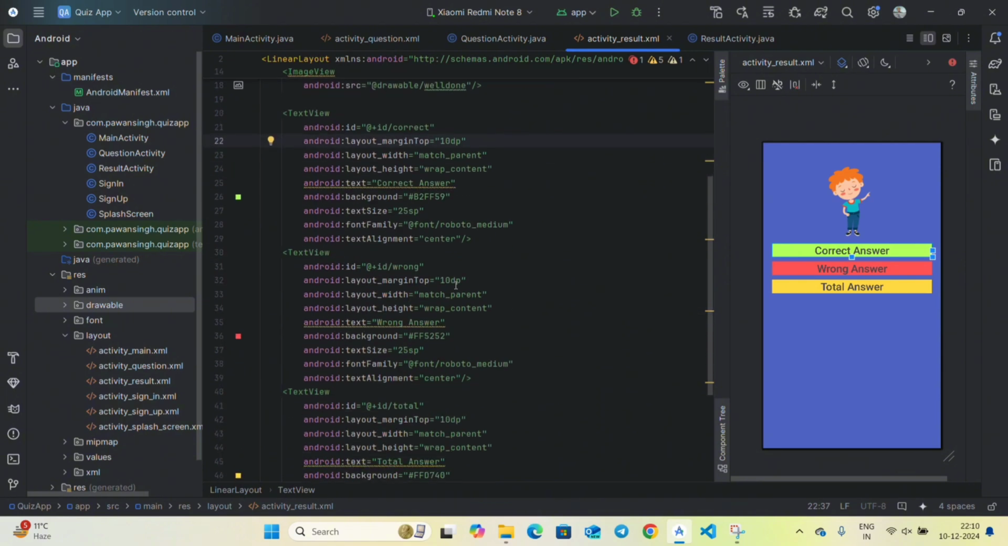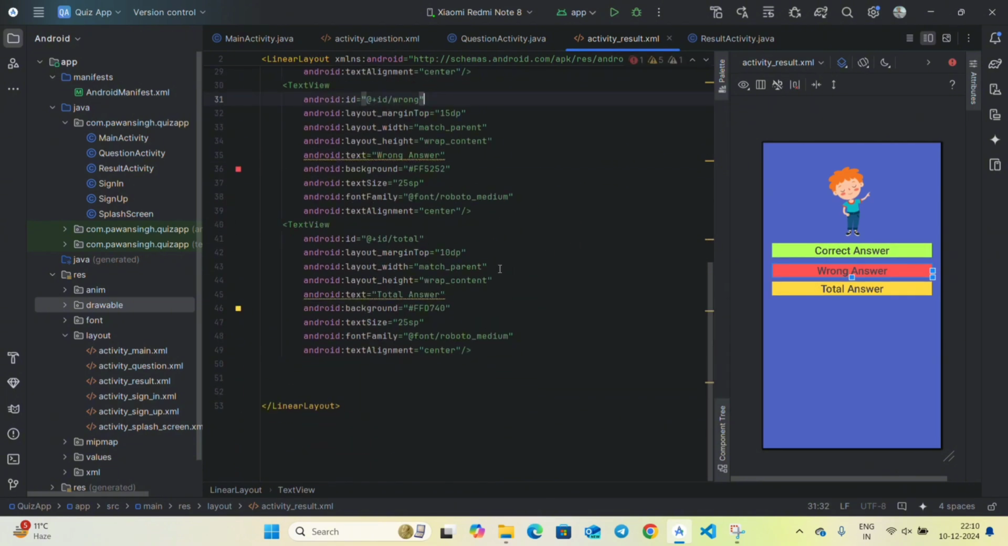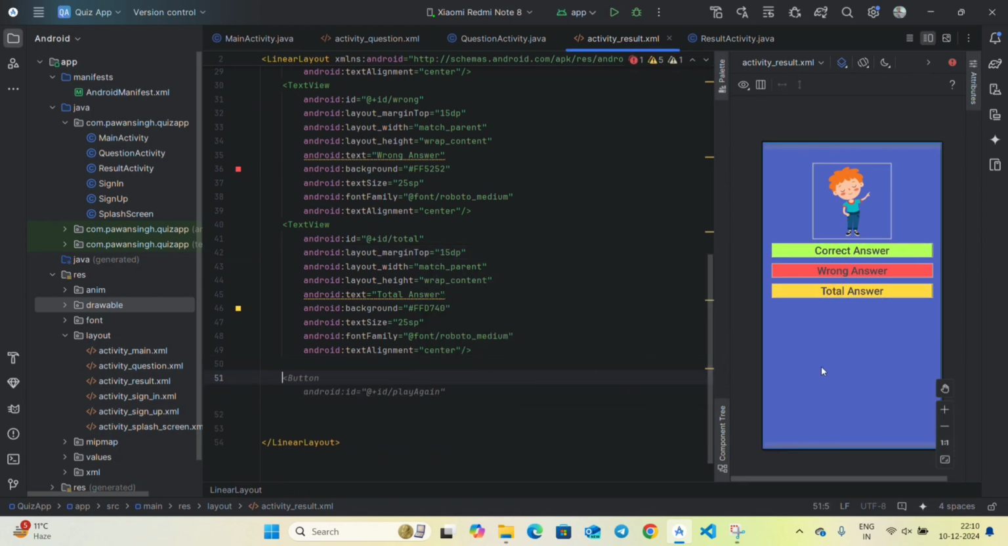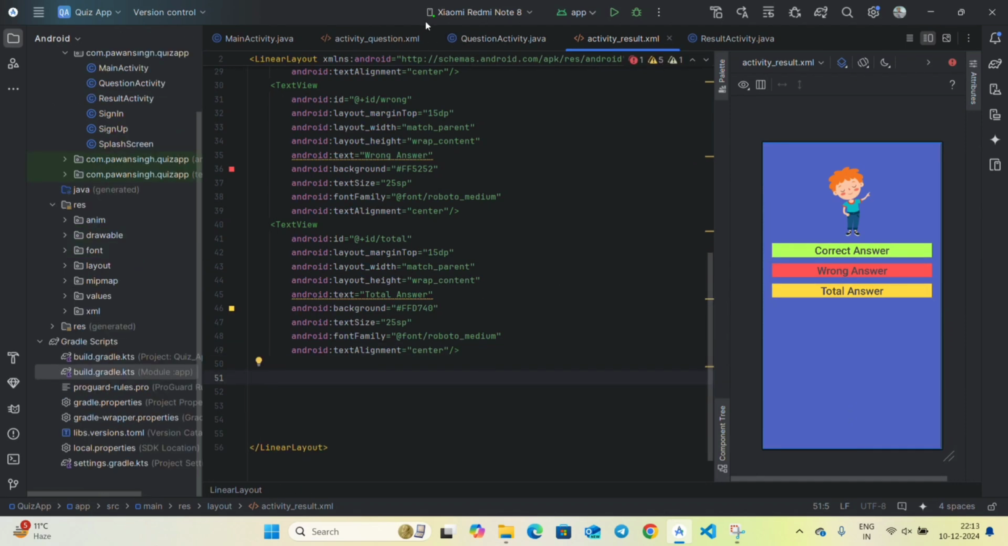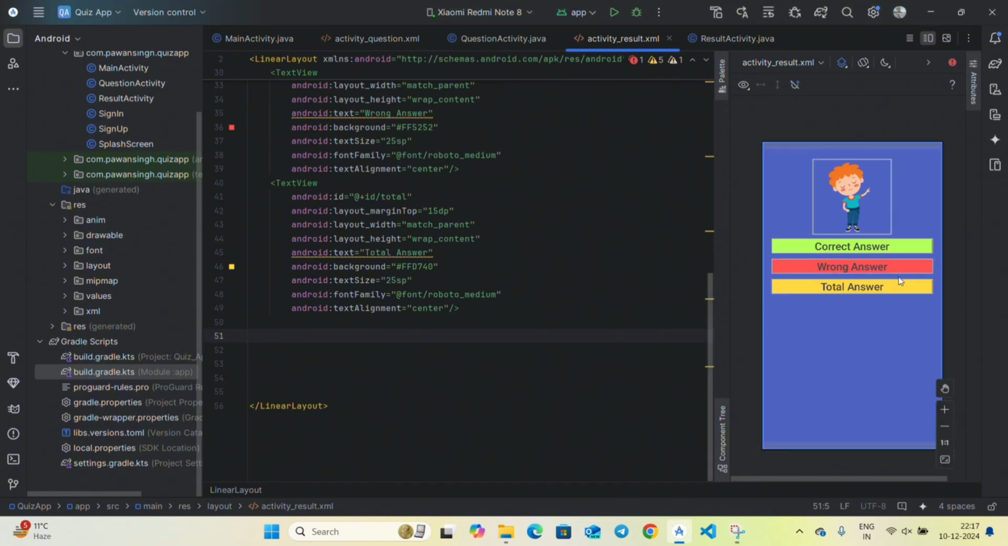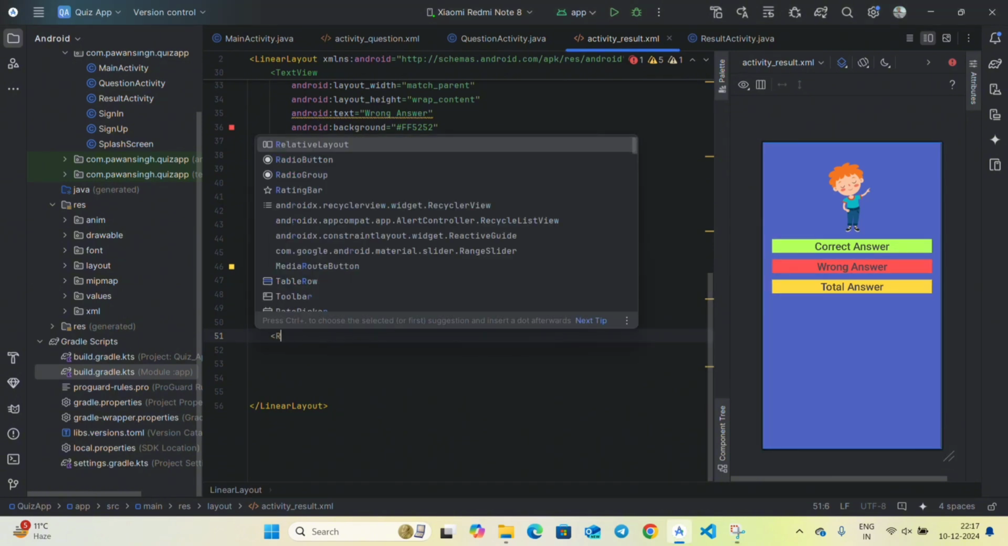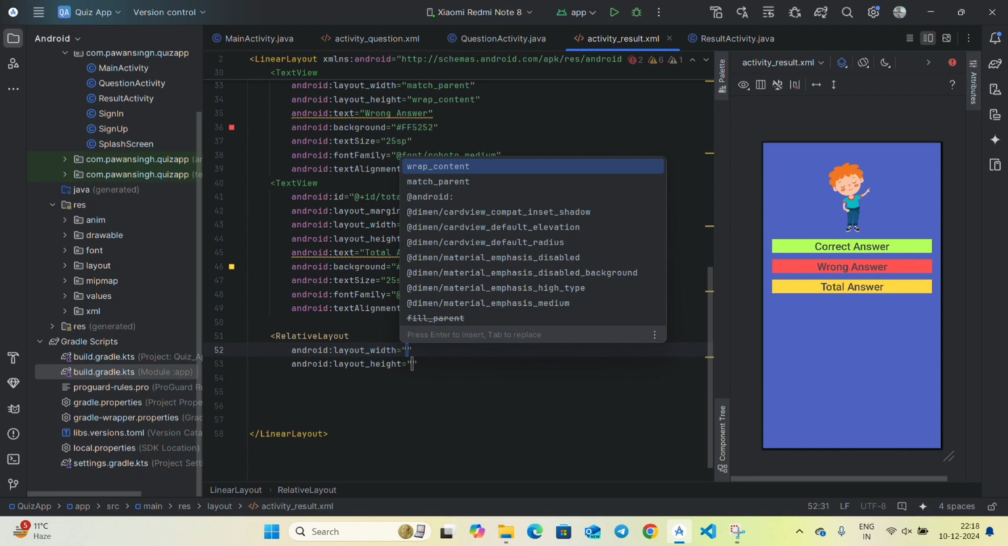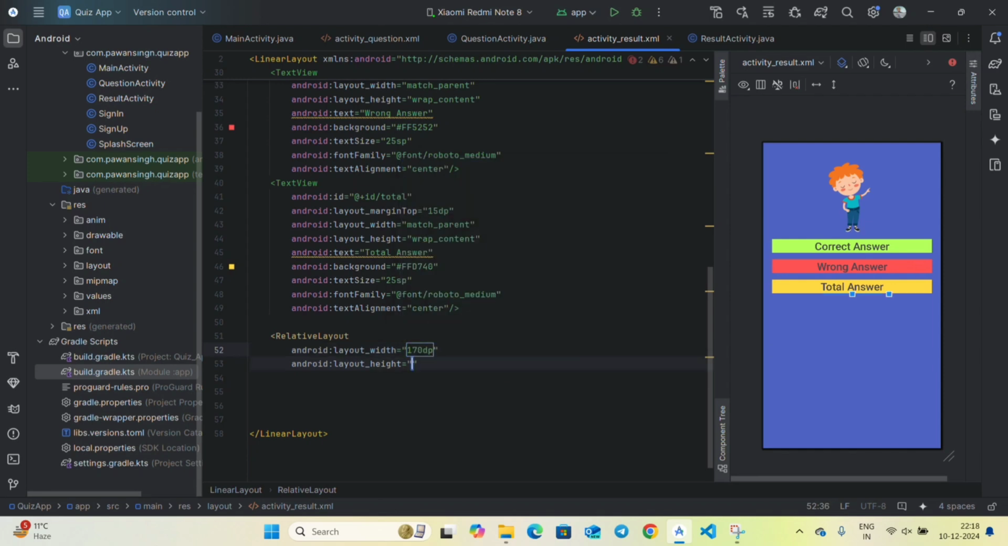Make this as stay 15 dp, give it the margin top to all the text views as 15 dp. And now after all this text we need a progress bar which will show the progress of the student. For example, if he has answered one question correctly out of 3, there will be a progress bar which will show the progress. So we will include it in a relative layout and give it width as 170 dp and height also as 170 dp,